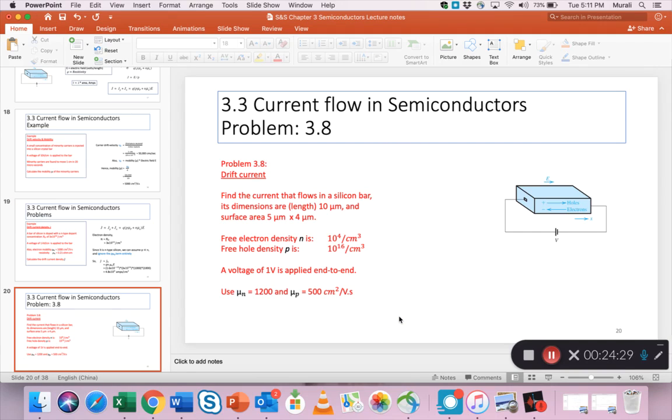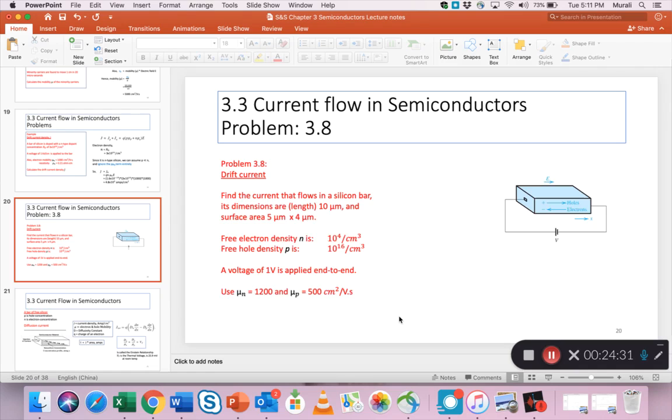We got one more problem on drift, and then I think we have a problem on diffusion also. So let's look at the drift problem, and this is from the back of the chapter, problem 3.8. So what is the problem? It's a drift problem. Find the current that flows in a